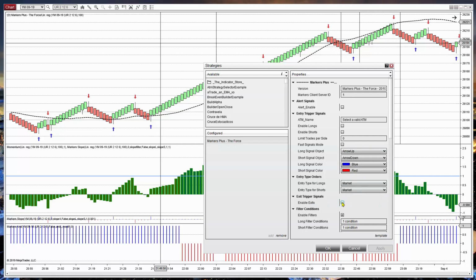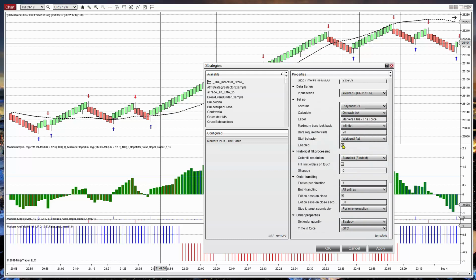If we enable the exits, my exit is a vertical line in color black. Vertical line in color black. The same for the shorts. Click on enable,